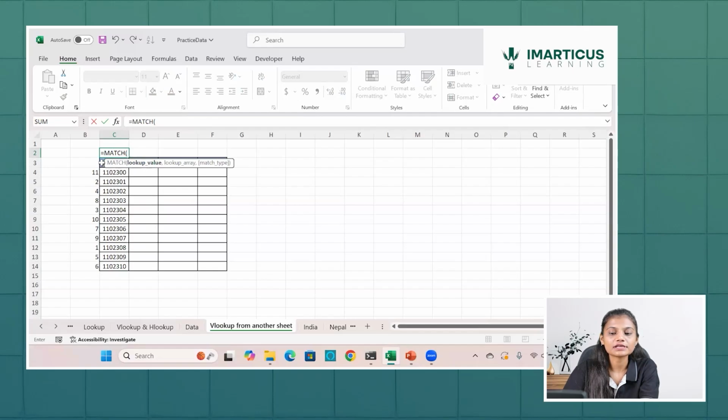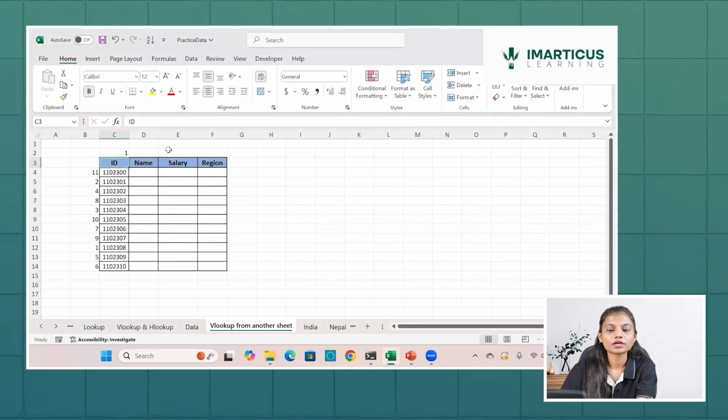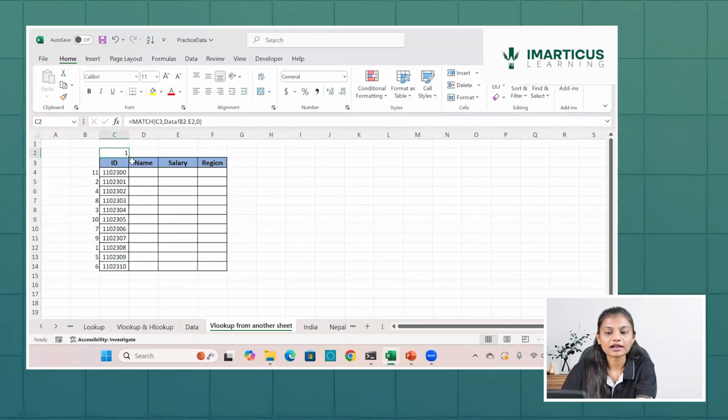The lookup value is this ID as a column. Where am I looking for this value? Here. So when I do this, and when I don't apply referencing, you could see what happens. Comma, exact, tab, and I do OK. So you can see ID is at first position, yes. When I drag it further,